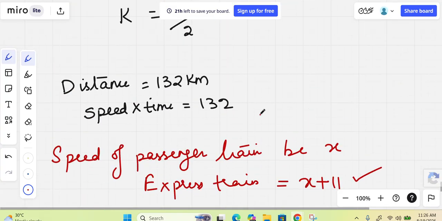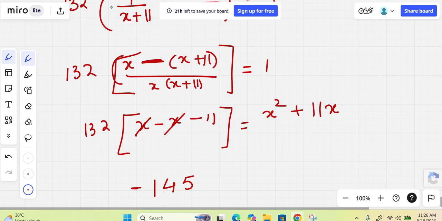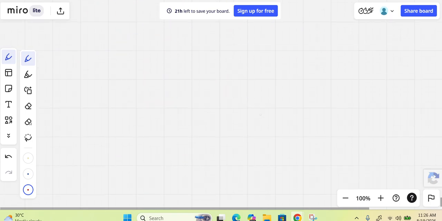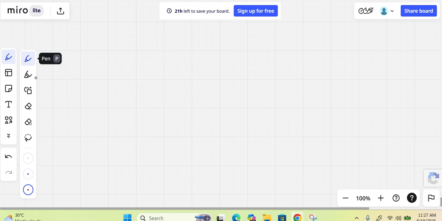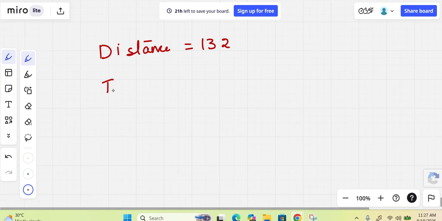Good. Thank you, Shreya. Guys, good observation by Shreya. So let us just fix it. Let me just do it once again. An express train takes 1 hour less than the passenger train to cover a distance of 132. So distance is equal to 132, and the time taken by